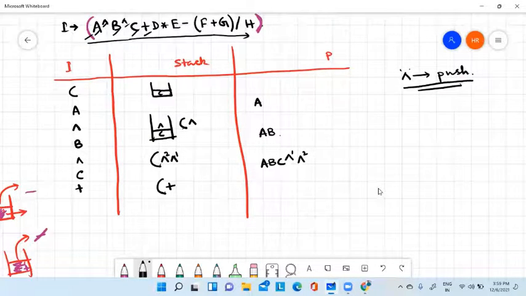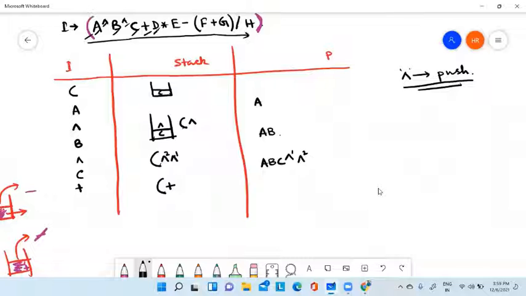Okay, then D, so again an operand, so I will add it to the postfix. Then into. Now what do you have to do? You have to check what is in your stack. The stack operator is plus and the incoming one is into, the stack having lower precedence, so there will be no pop operation, it will be pushed. Clear?